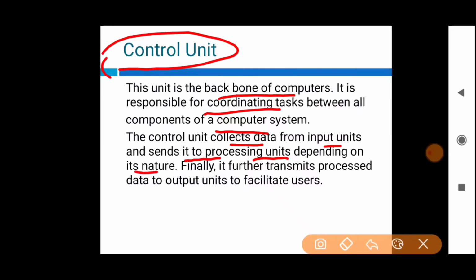The ALU will give you the product, and finally the control unit will transmit the data to the output unit, and it will be shown to the user, whether in the form of your browser or your monitor, or even from a printer. So it will facilitate all the data to be processed, and finally the output will be visible to the user.